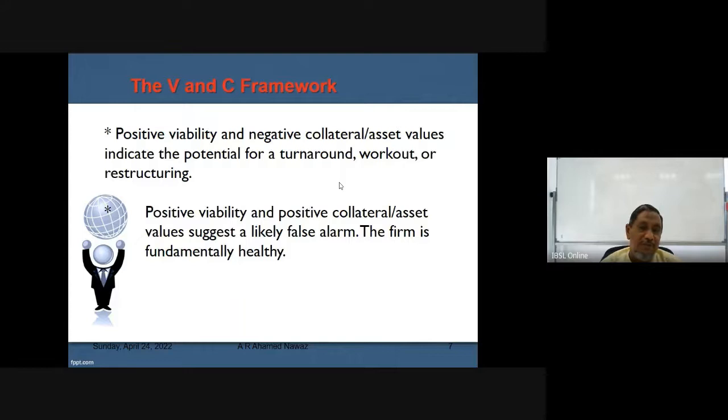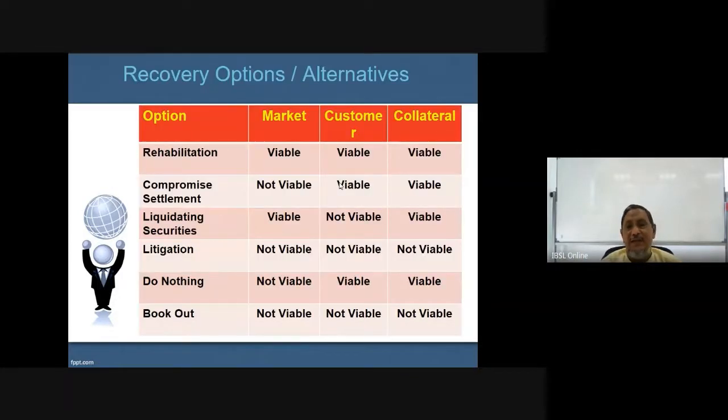With positive viability and positive collateral asset value, it is like a false alarm; the firm is fundamentally healthy. Viable is viable, the company is viable. Based on that, I have developed three scenarios to find out whether it is viable or not. If the market is viable, and the customer is also viable, meaning the customer is also agreeable to a solution or settlement,